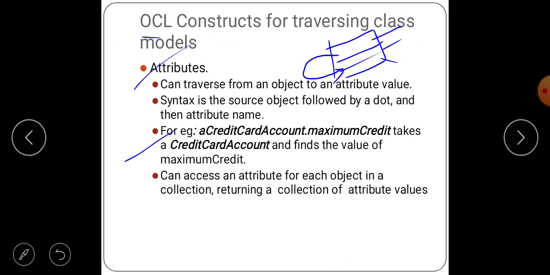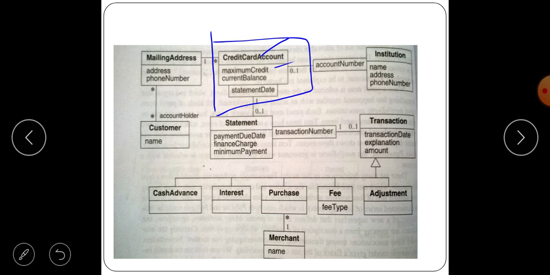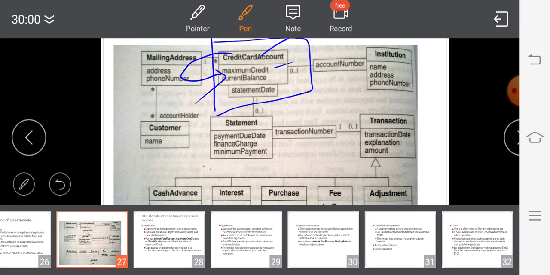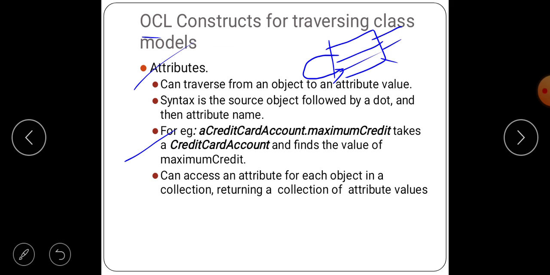You can see that the object travels to an attribute. This is the syntax. It can also access an attribute for each object in a collection and return a collection of attribute values. This is the attribute in OCL.